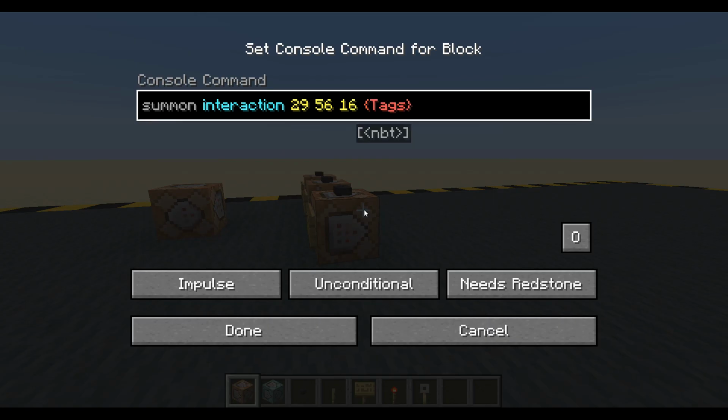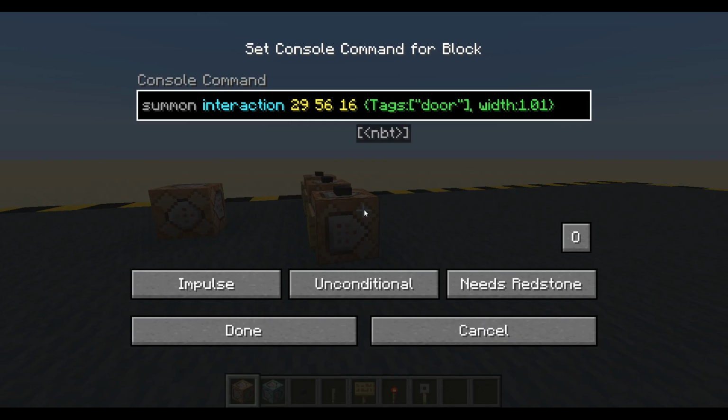We'll give it a tag. Tags. What should we call just door? I'm just going to call it door. Door. Now you can start to see already there's a bit of a problem with this system: we're hard coding all the values. It'd be nice if we could have it work anywhere, but for now we're just going to do hard-coded. Right, I'm going to do the easy interaction, and I'm just going to do width, and I'm